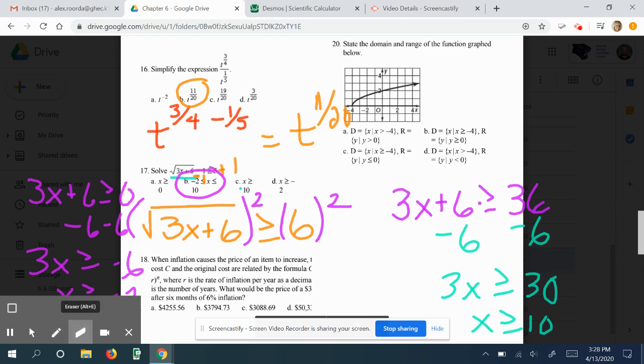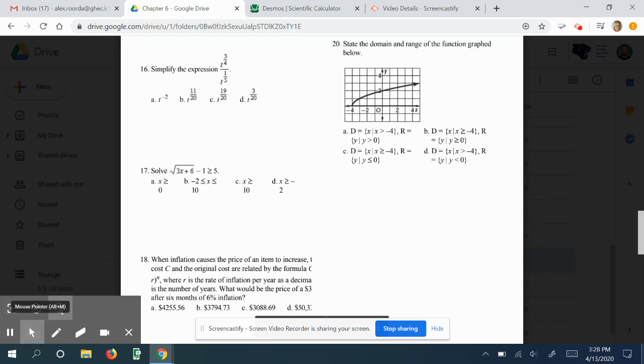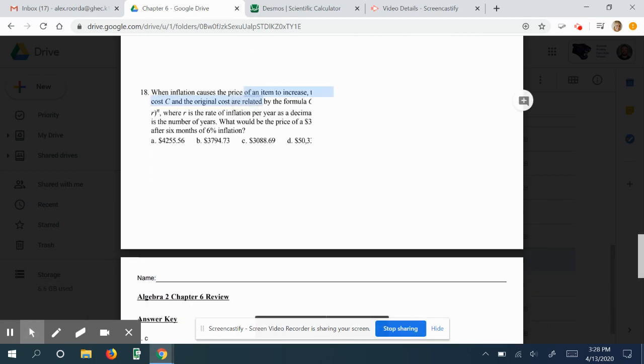All right, let's look at 18. 18 says, when inflation causes the price of an item to increase, the cost C of the original cost is related by the formula C equals something. We have it kind of cut off there, which doesn't really help us. And it says where R is the rate of inflation, which we see that we have an R right there,